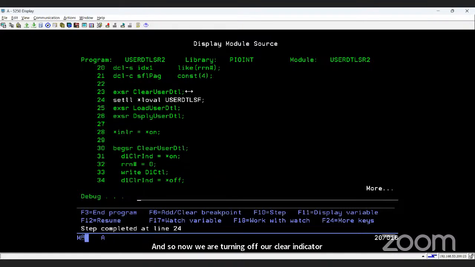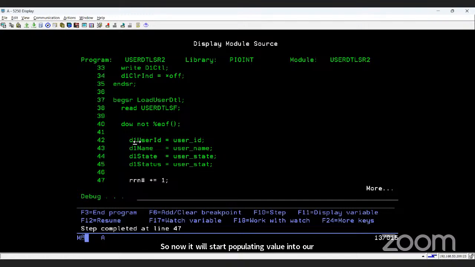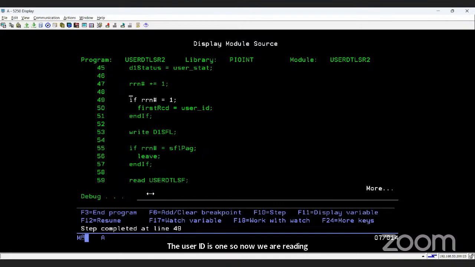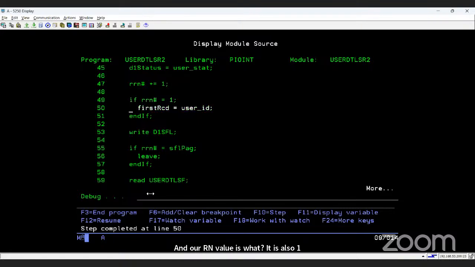Then we are setting the pointer at the lowest record of our physical file, and then the load subroutine will be called. Firstly we will read our file and this loop will run. Now it will start populating values into our subfile fields. If I check right now by pressing F11, the user ID is 1. So now we are reading the first record from our file, and our RRN value is also 1. Now this condition will run, and since our RRN value is 1, we will populate it inside our first record variable. Now we will write the subfile buffer,